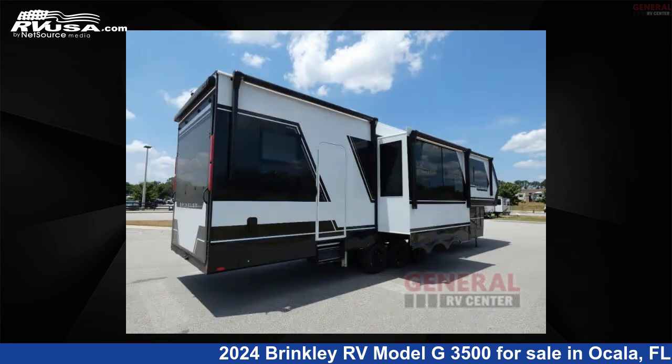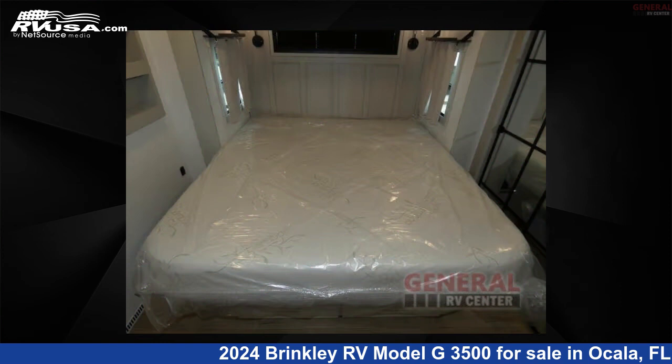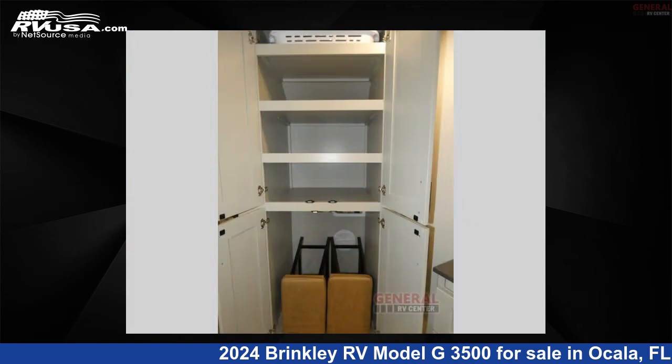This new Brinkley RV is 40 feet 0 inches in length and features sleeps 8, slide-out, and 150 gallons fresh water capacity. The floor plan layout of this toy hauler features bath and a half, front bedroom, kitchen island, loft,